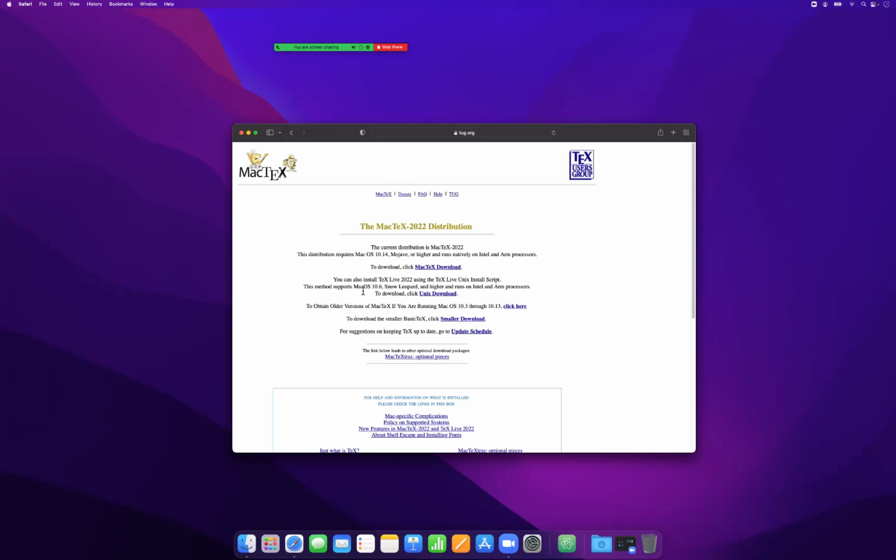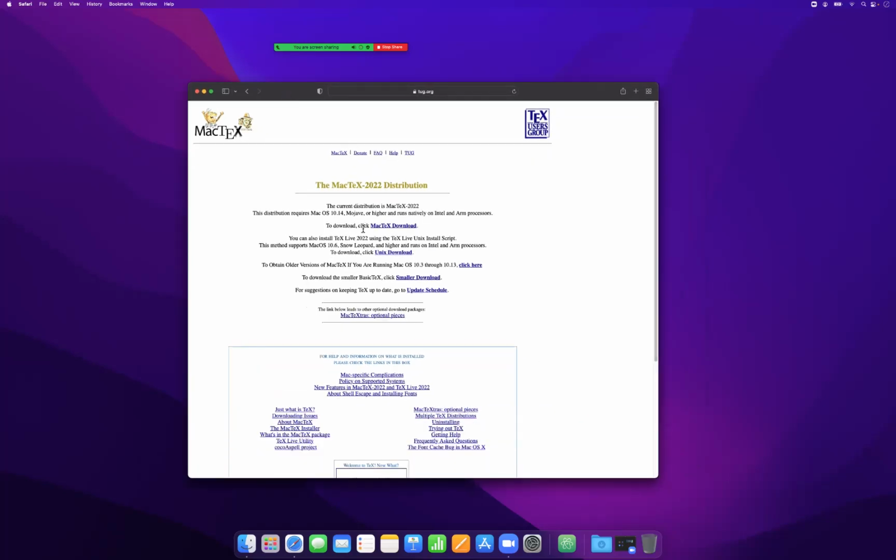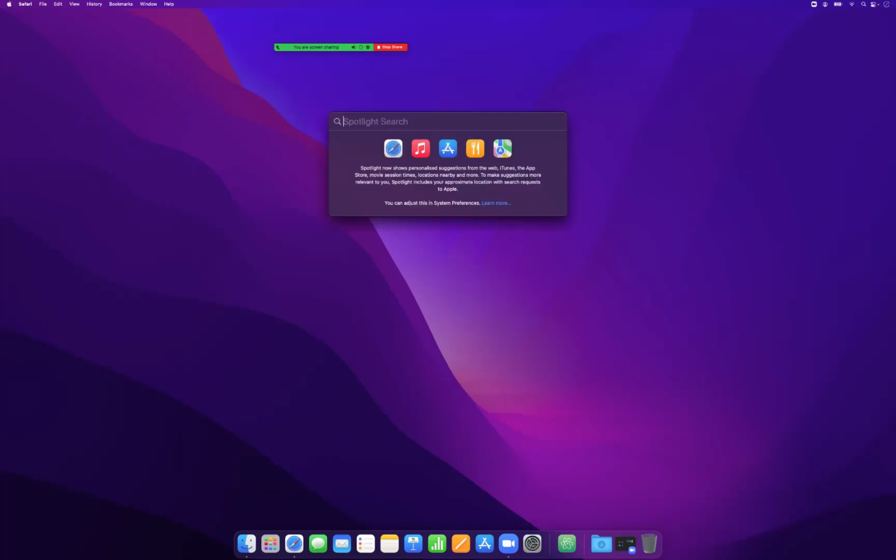It's basically the same procedure for Linux. Otherwise, you could use the package manager in Ubuntu, for example, to install various LaTeX packages. Okay, so I'm going to assume that you've basically done this step. It's a bit of a large download, so I won't do it live. But once you've done that step, if we just go and search for a terminal here,